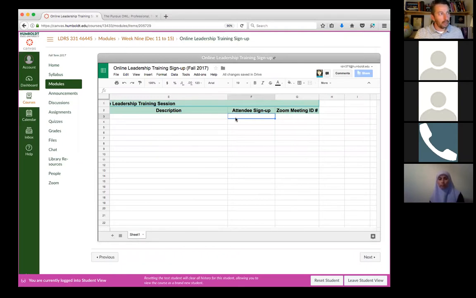If you want to put a limit on sign-ups, you can do that as well, but I want you to have at least 4 spots open. You don't have to have the entire class.